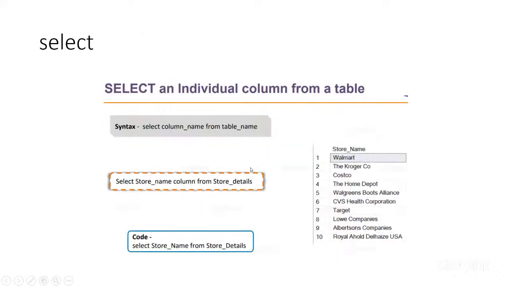So what is a select statement? A select statement is just to query the table, whatever the table contains. If you need something from there, you need to write select on top of that table. So how would the syntax be? You just need to write select and whatever the column name and from where. So to write the select,